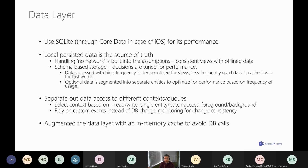Data layer, we use SQLite, and we're pretty happy with it. Much happier than IndexedDB on desktop. In fact, one of the things that I might be doing in the next 18 months is to move the desktop app, both Teams 1.0 and 2.0, to start using SQLite,